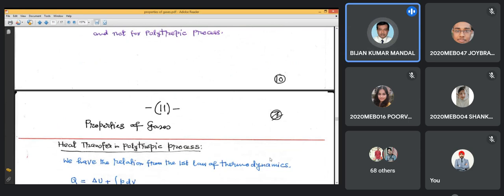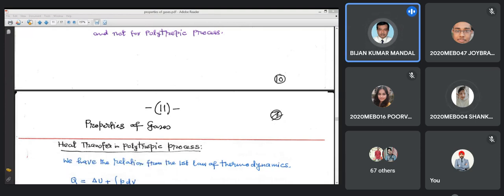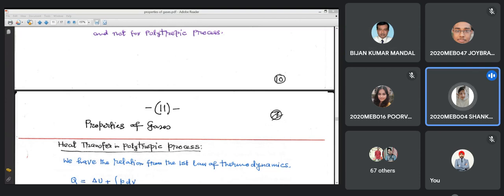Now you can see that the term heat transfer was not there. Rule number 4, who is rule number 4? Yes, sir. You tell me why the term heat transfer was not there in an adiabatic process? Because in an adiabatic process, no heat leaks. Means there is no leakage of heat from the system or into the system.